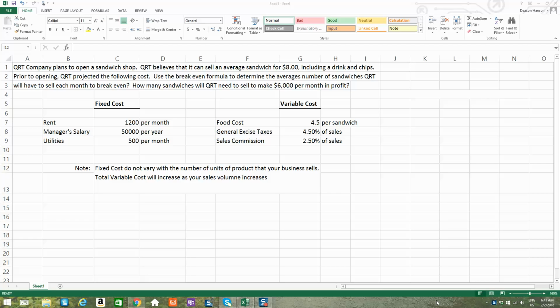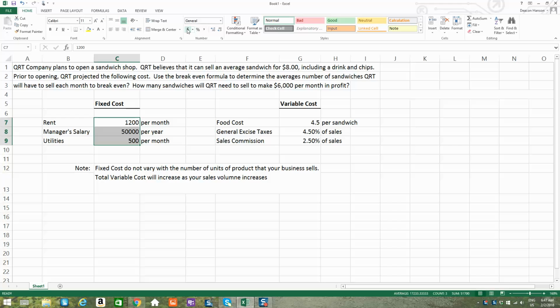After. So just real quickly, for ongoing operations, we have fixed costs and we have variable costs. Fixed costs would be costs that are set. They don't vary with the number of units you sell or with the number of services you provide. Whereas variable costs in total will increase with every unit that you sell. So just using a sandwich shop for an example, okay,